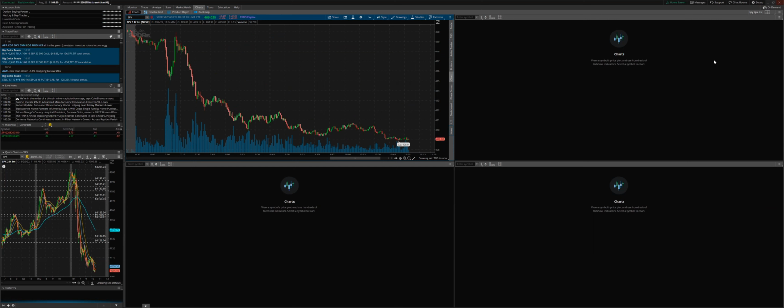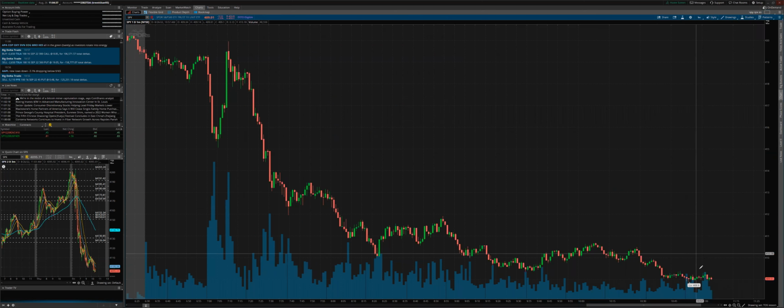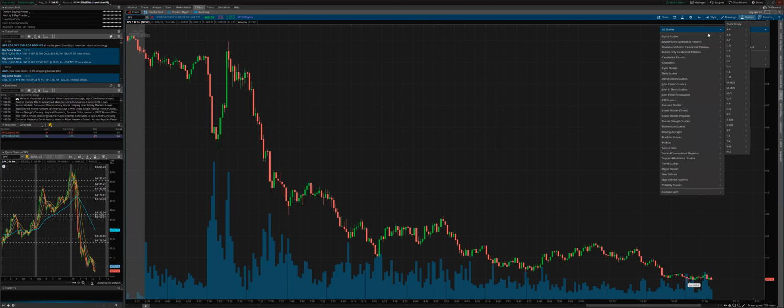So now let's start adding some indicators, right? I'm going to deselect it back to just one chart. Okay, so you go to studies. We're going to go to add studies, and this is where all the custom, built-in indicators are based on